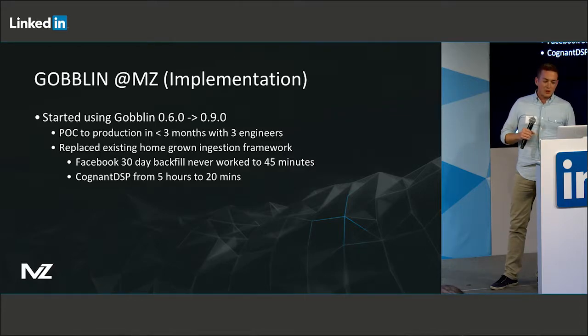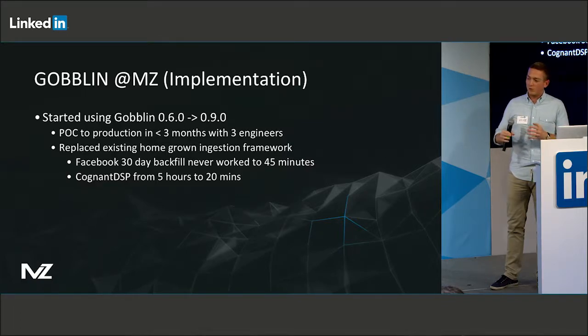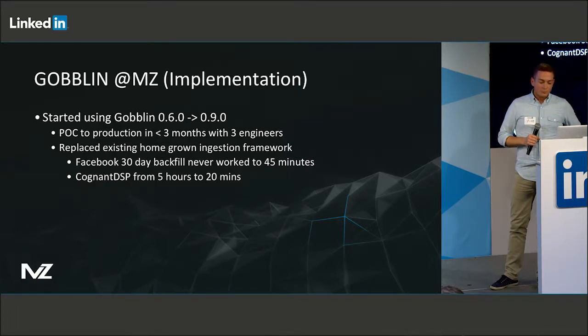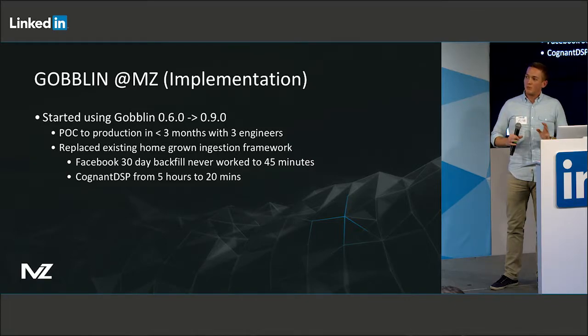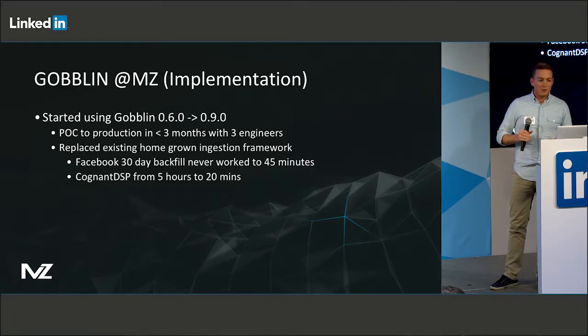So we started using Gobblin at 0.6 a long time ago, a year and a half. It took us only about 3 months to go to production. There were only 3 people working on it, so it was pretty easy for us to take the initial thing and work it into a productive environment. We didn't really change any of the core code. We just pulled in the libraries and the runtime environment and added our own customizations on top. We've been upgrading it all the way to 0.9. We stopped at that point because 0.9 was working pretty well for us, so we might upgrade later, but that's what we're currently working with.